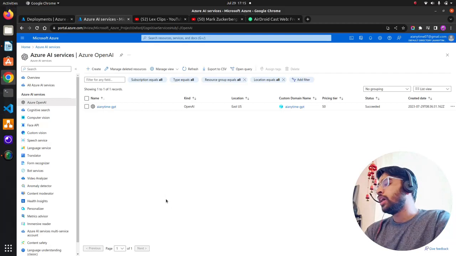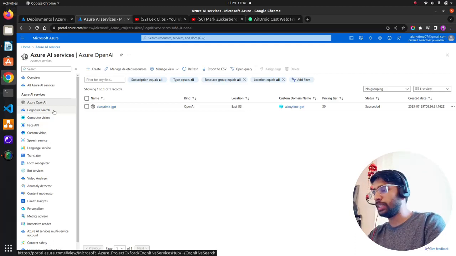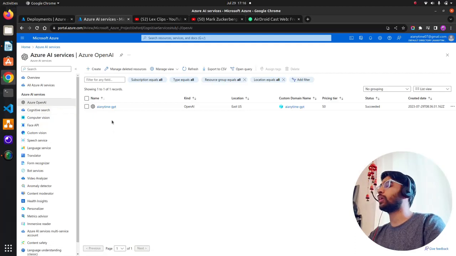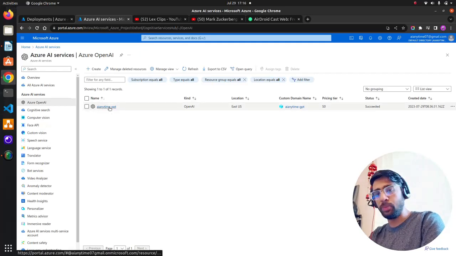You can see AI Anytime GPT, which basically leverages all the services from OpenAI, at least those I have access to. Just for your information, if you don't have a company domain, you probably will not get access to Azure OpenAI right now. You need a business or company domain to get access. I got it through my business domain from one of my venture friends, and I have the access here.